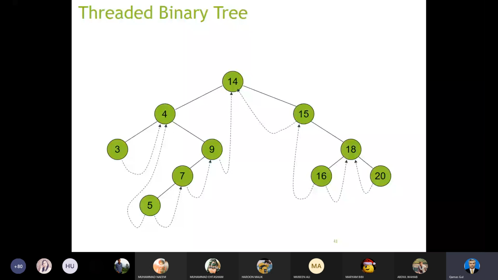18 पे. और 18 के बाद आपके पास 15 के बाद आप 16 पे आएंगे. इन ऑर्डर ट्रेवर्सिंग को फॉलो करते हुए, और 16 का जो प्रीडिसेसर है वो 15 है, इसलिए ये पॉइंटर इसको पॉइंट करेगा, और 16 का जो इन ऑर्डर सक्सेसर है दैट इज 18, सो द लेफ्ट पॉइंटर विल बी पॉइंटिंग टुवर्ड्स 18, एंड देन 18 के बाद इन ऑर्डर सक्सेसर आपके पास क्या है 20, सो यू विल इंटरनली मूव टुवर्ड्स दैट,